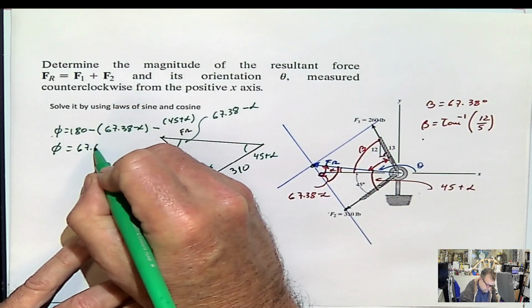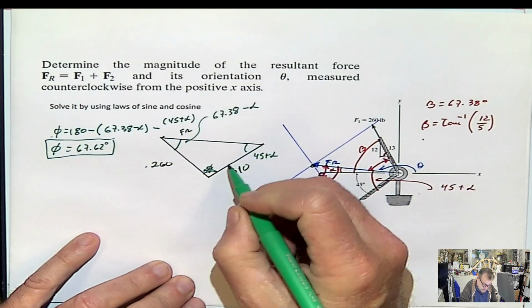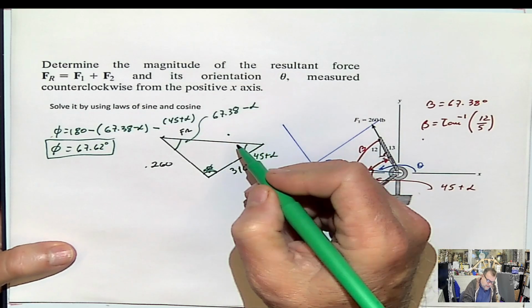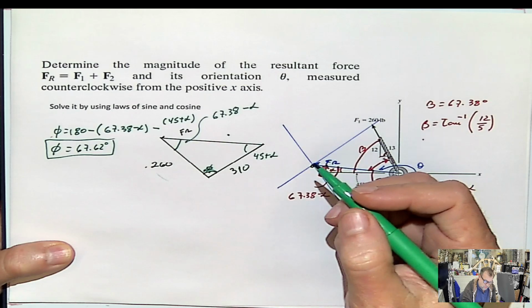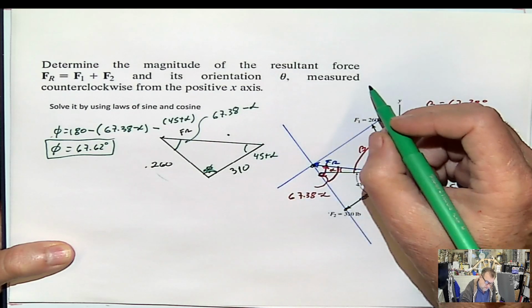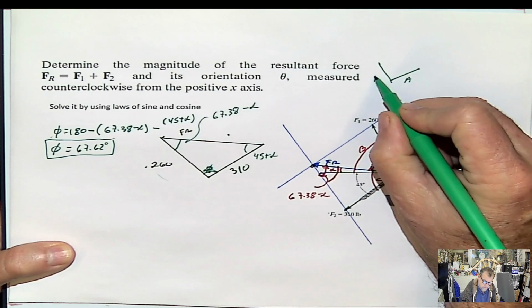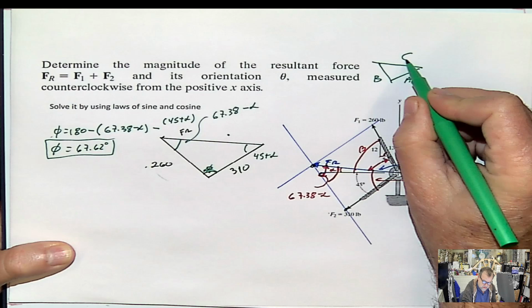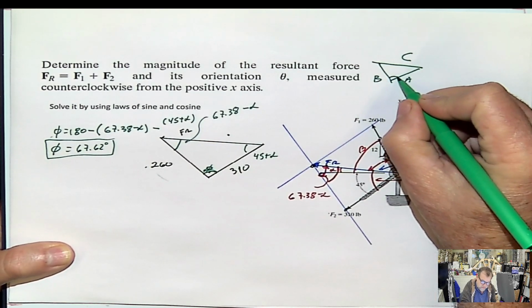67.62 degrees. That will be this angle here. And this is the resultant force. Now with this triangle, we can apply the law of cosines. Remember the law of cosines, basically what it says is that if you have two sides, A, B, and then you have the third side here, C, and you have this angle between A and B,